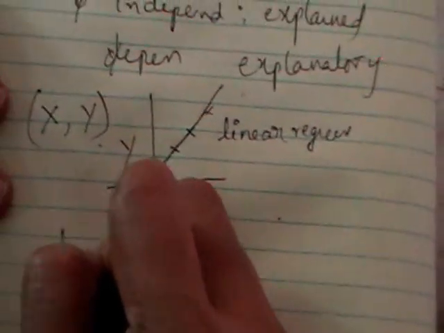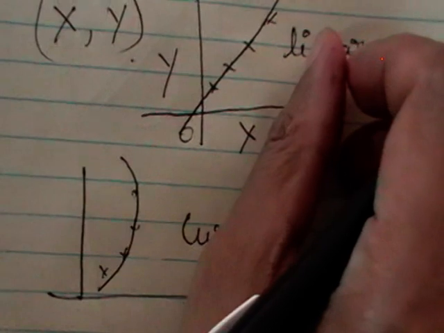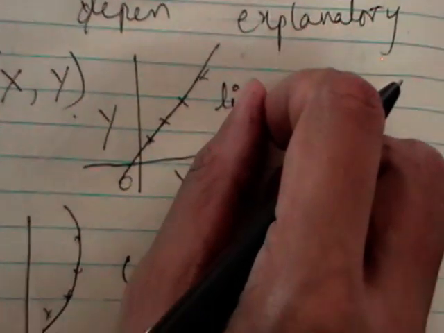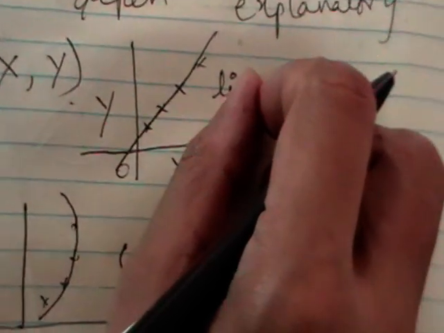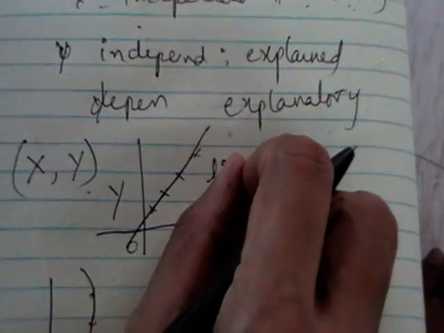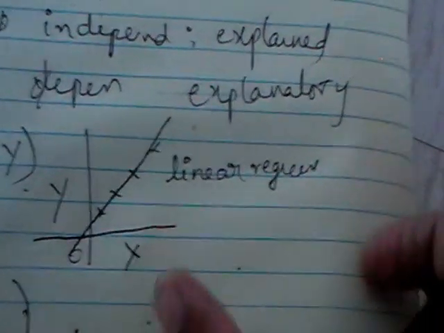If after joining, you observe a curve, we call that curvilinear regression. So there are two types of regressions, linear regression and curvilinear regression. Whenever the points are joined and frame a straight line, we call the relationship linear regression. Otherwise we call that curvilinear regression.